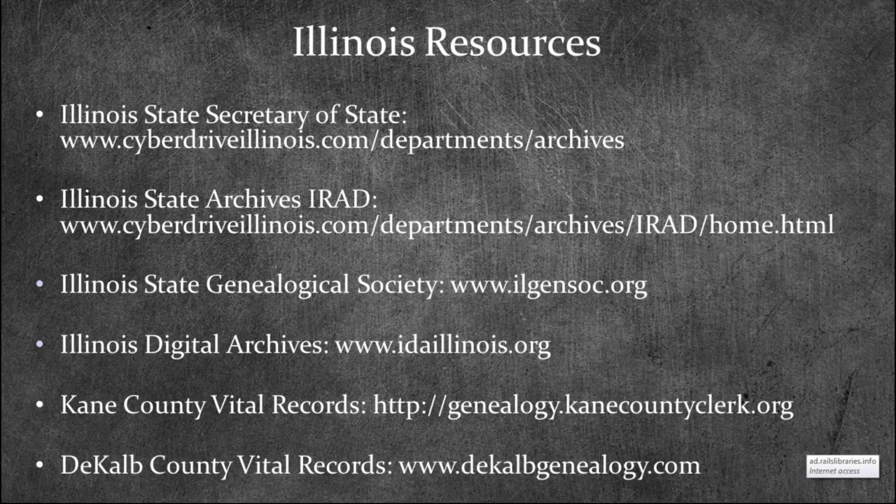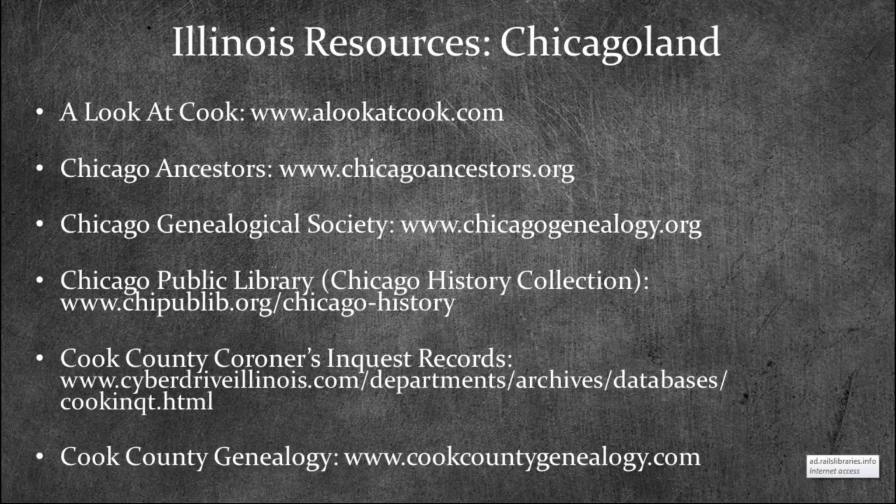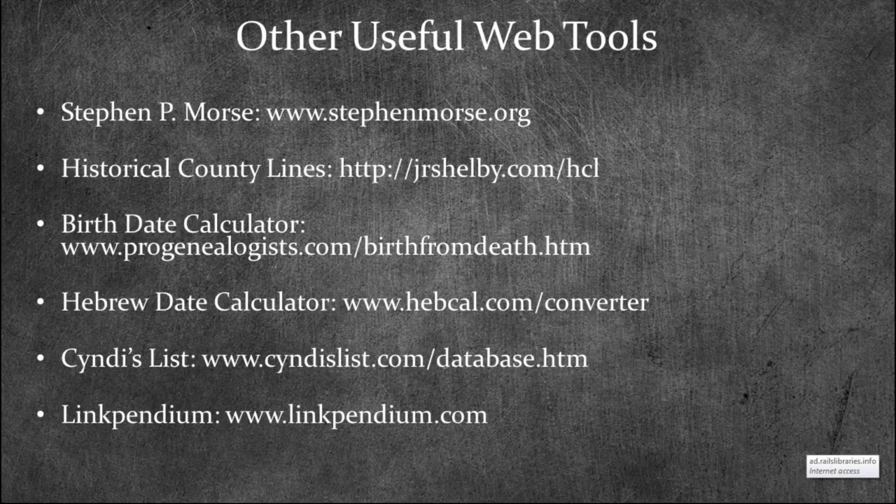Everything from Illinois Digital Archives, which I mentioned is where the penitentiary intake books are, to Kane County Vital Records, Aurora, St. Charles, Hampshire, all of these are included within Kane County's Vital Records. In the Chicagoland area, you have access to Chicago Ancestors, which is done by the Newberry Library. Chicago Public Library has put together several collections available for those doing research in Cook County. You have a lot of these resources in that handout section on the website, so please go in and take a look at these after the fact.